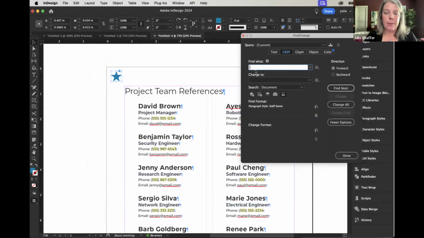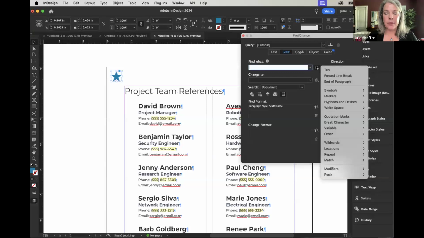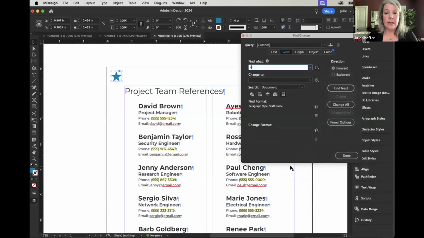Well, I don't know the GREP code for that. I can go to the little @ flyout, click on that menu, choose Location, and choose Beginning of Paragraph. So now I'm telling InDesign that at the beginning of every paragraph whose paragraph style is staff name, that is what I've told it. I want to change